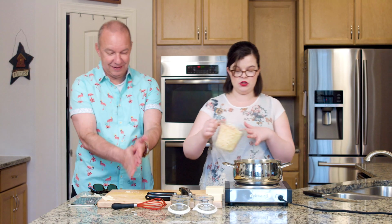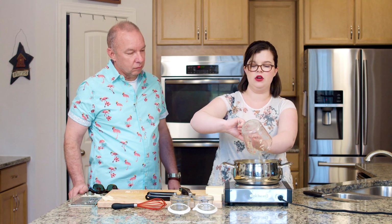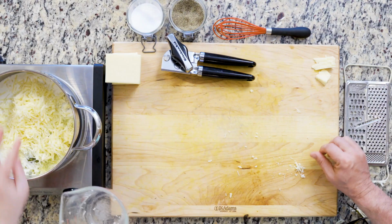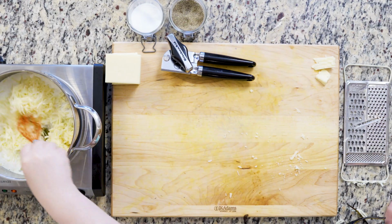Perfect. So we're going to add this straight in with the chilies and the cream. And then give it a good whisk. And this is just going to sit here on low heat and kind of all melt together. All right, so this is started, and it is time to move on to our next step, which is pico